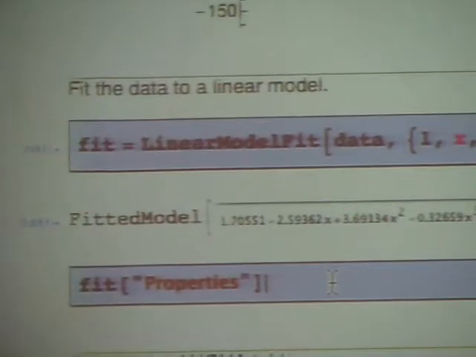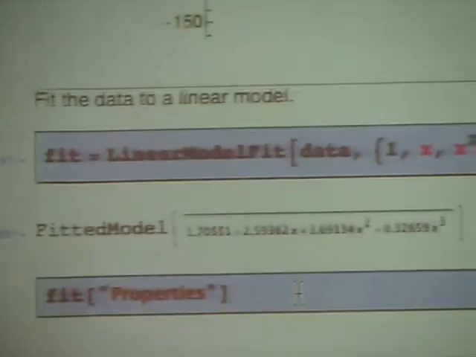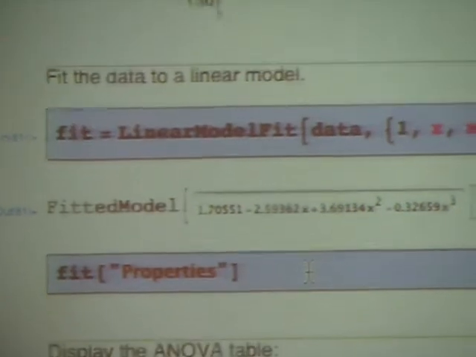Now, one of the things about LinearModelFit is that when it does a calculation, it doesn't just, in this case we've asked for a polynomial fit of the data,